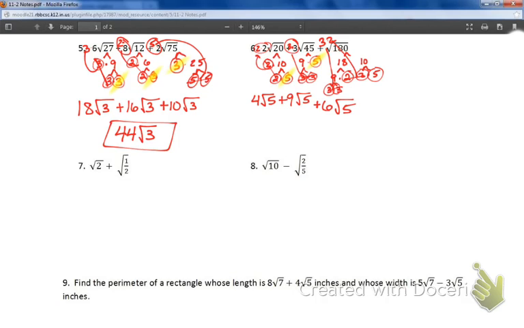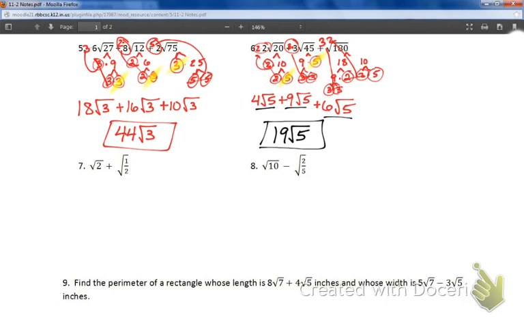So once again, none of them looked like they were like terms. They all actually are. 4 root 5 plus 9 root 5 plus 6 root 5 gives me 19 root 5's. Alright,